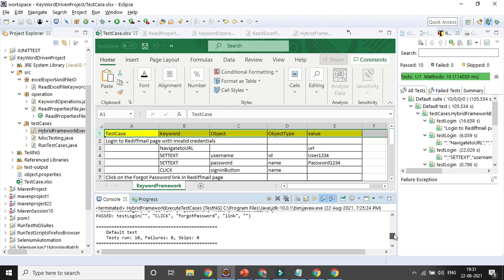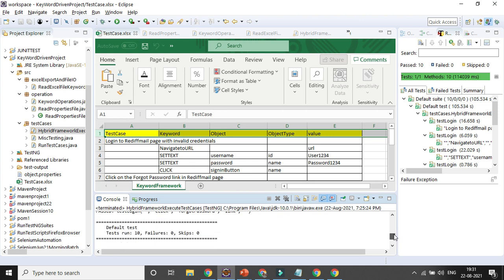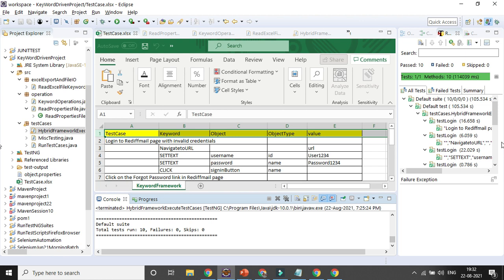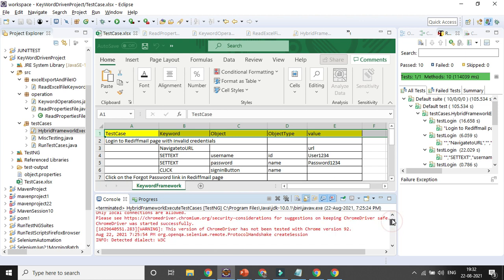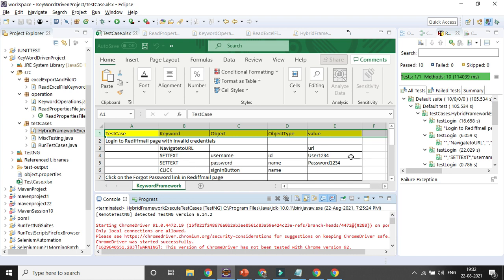You can see the total number of steps executed is 10 and there is no failure, right, and you can get the details also in that console output. So you can get the holistic picture, in case of any problem, any failure, you can get it, right. If a test case fails, you can also get the details of the failed test case. Okay. So is it understandable?